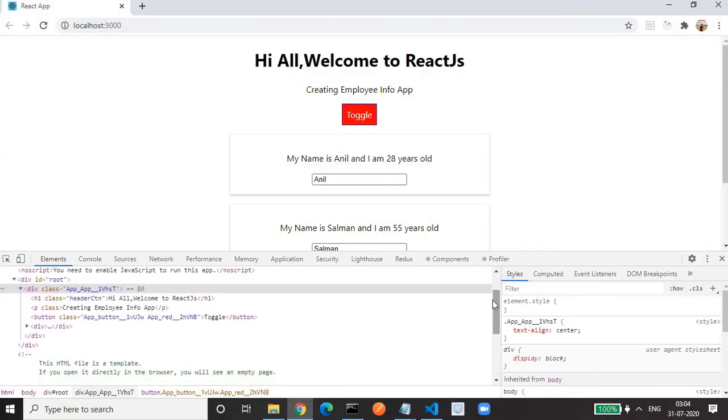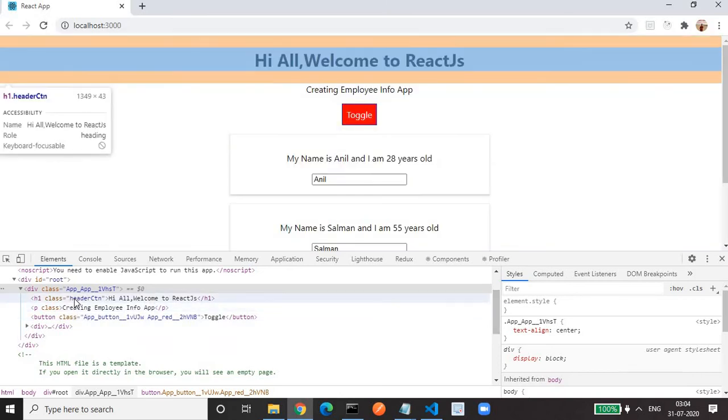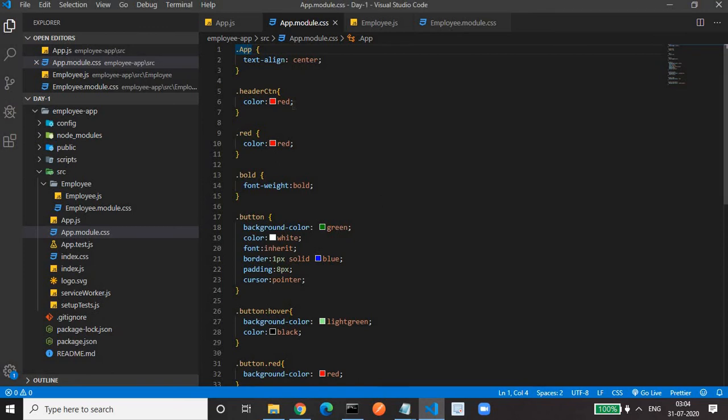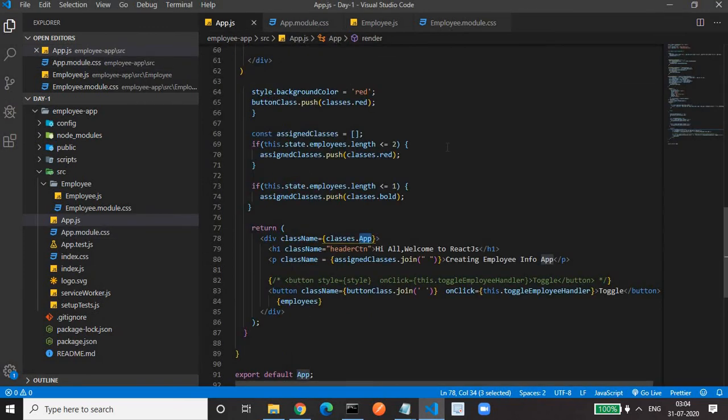If you see, in the h1 we have added header ctn. This class that we had added earlier, before using the CSS module, header ctn. As we are using the CSS module, we will not be able to add this class directly. It won't have any impact.